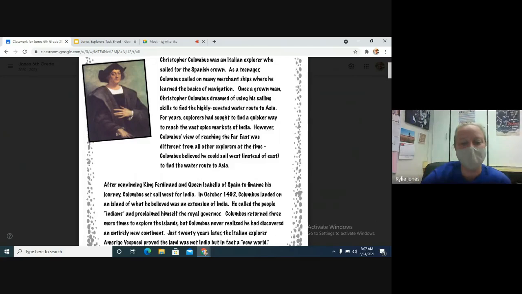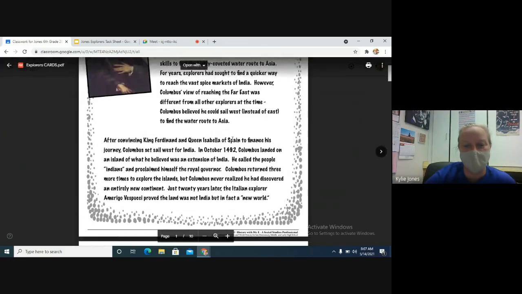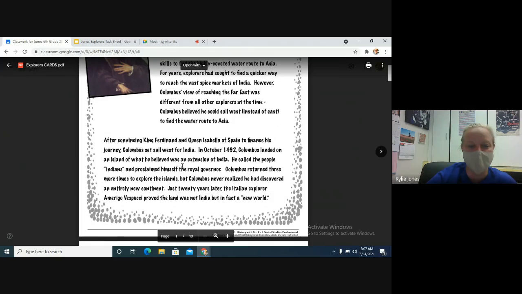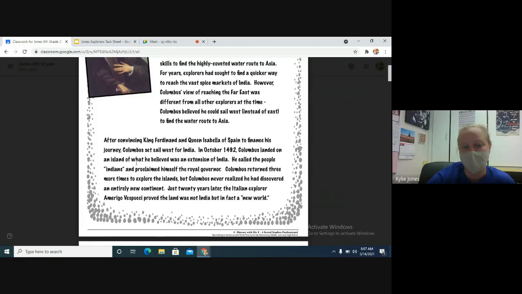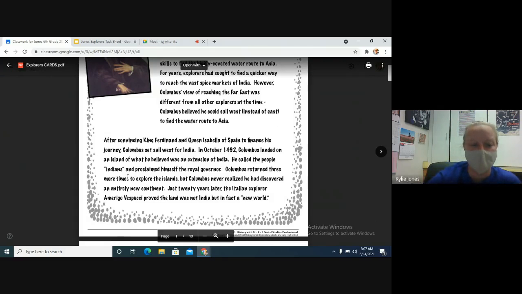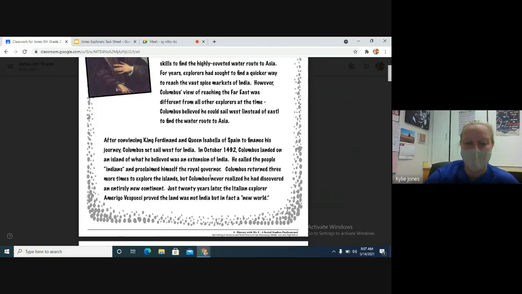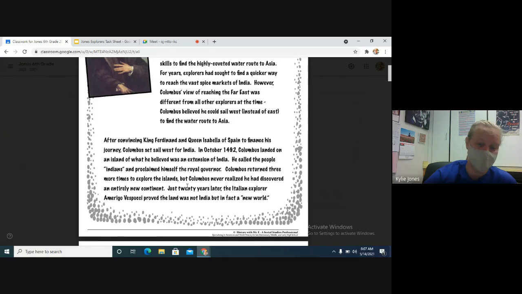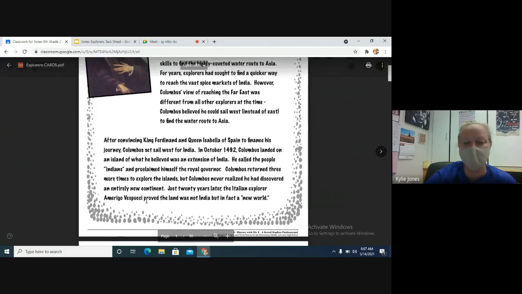So, after convincing King Ferdinand and Queen Isabella of Spain to finance his journey, Columbus set sail west for India. In October of 1492, Columbus landed on an island of what he believed was an extension of India. He called the people Indians and proclaimed himself the royal governor. Columbus returned 3 more times to explore the islands, but Columbus never realized that he had discovered an entirely new continent. Just 20 years later, the Italian explorer Amerigo Vespucci proved that the land was not India, but in fact,